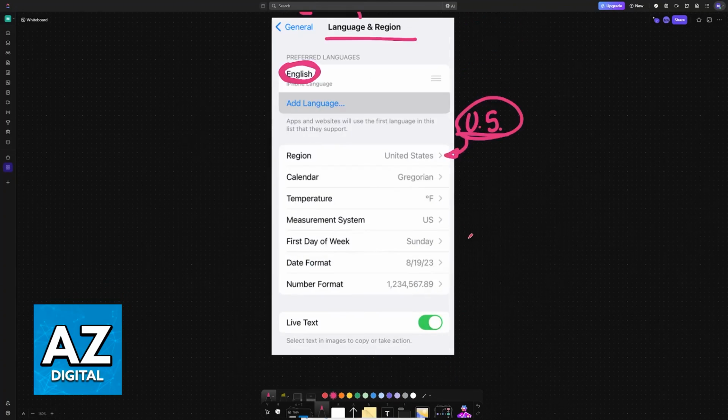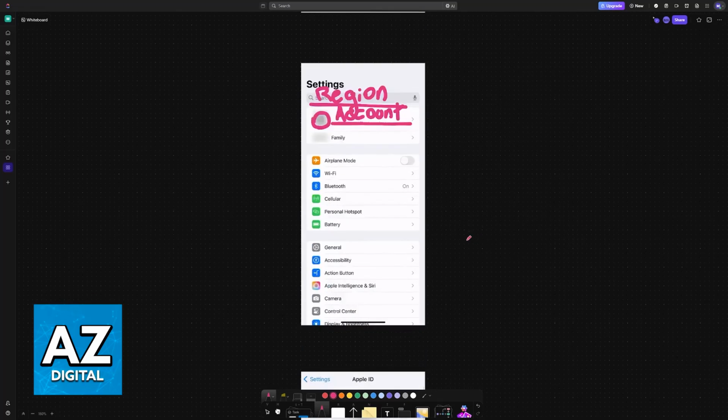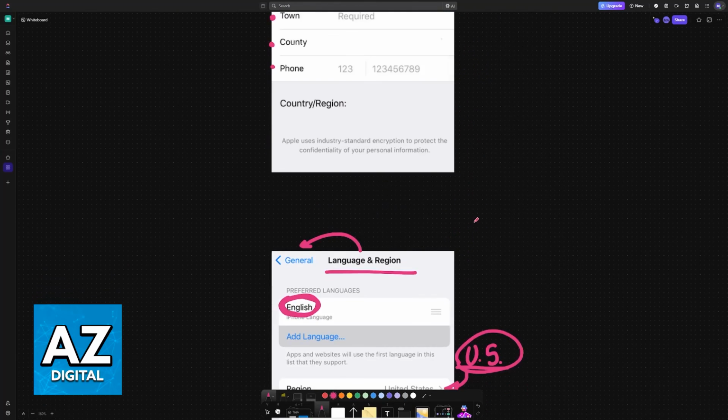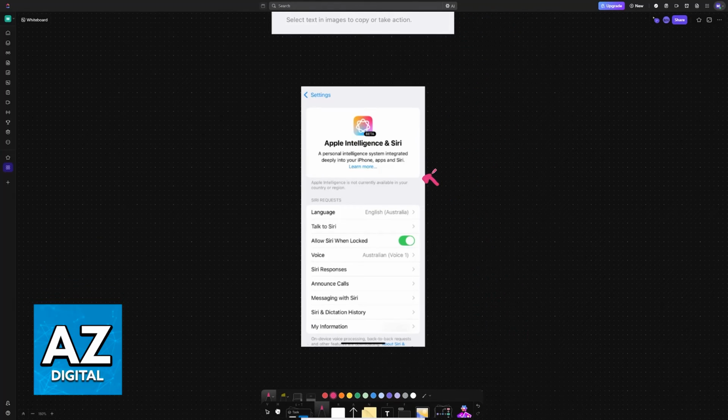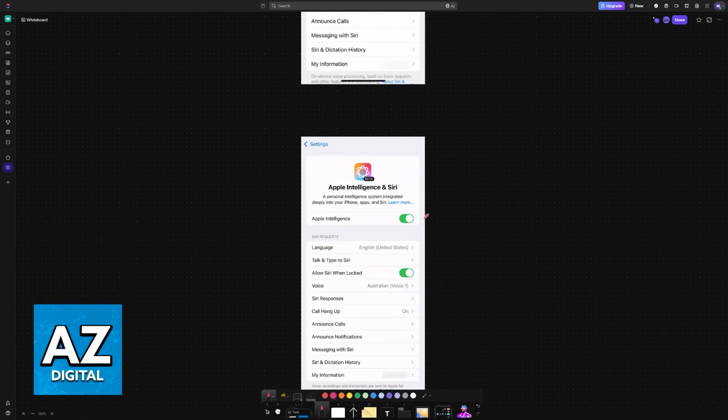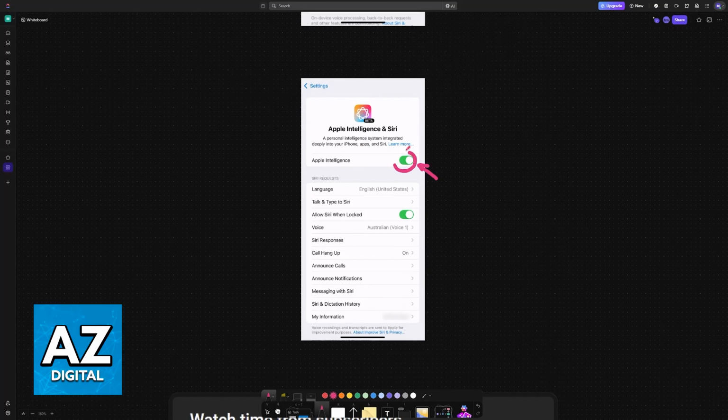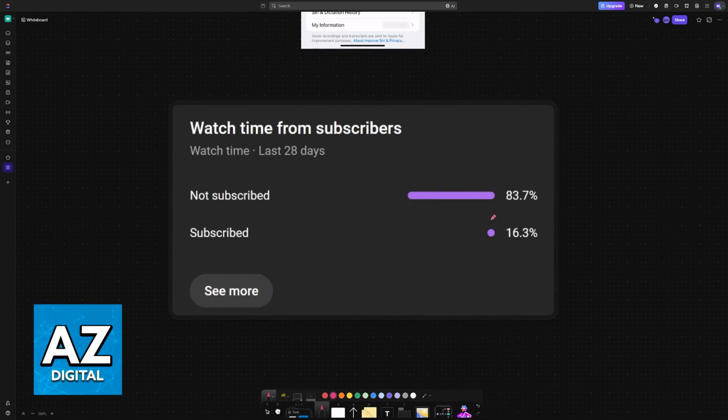Once this is done, you should be able to find Apple Intelligence when you go over to these settings. So in the settings, this is what you should see: Apple Intelligence and Siri. Open this menu. If there is no option to toggle it on here, then once again, change the language to English US. So if it is set to something like English Australia, make sure that you change it to English United States. And finally, once you change everything to the United States, you will have to toggle to enable or disable Apple Intelligence. So I hope I was able to help you.